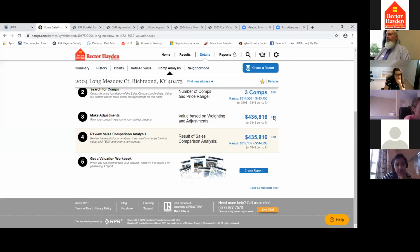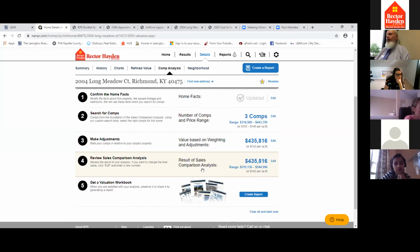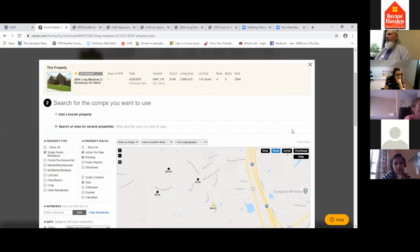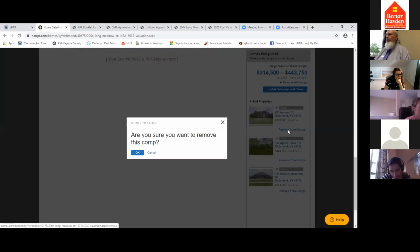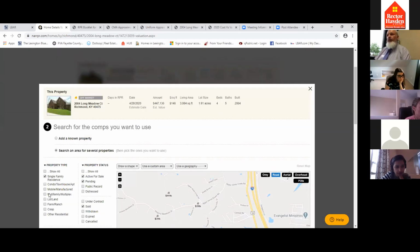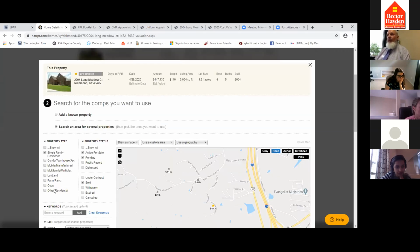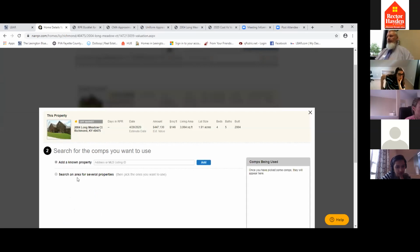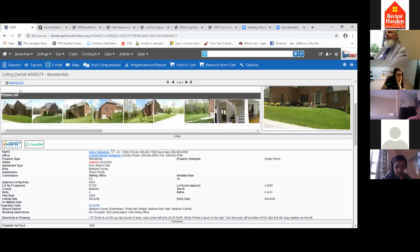Okay. I'm going to get rid of, I had some comps. Obviously, I did this a few years ago when they purchased the house. So I'm removing my old comps and we're going to put in our new comps. All right. You could do a search. These search programs are just like our L-bar search programs, but the easiest way is to just add a known property. And the even easier way to do that is to take the MLS number,